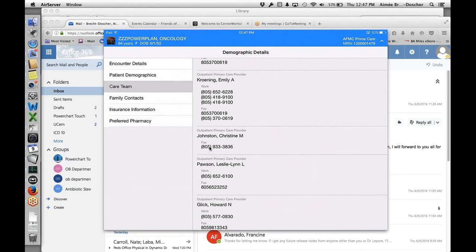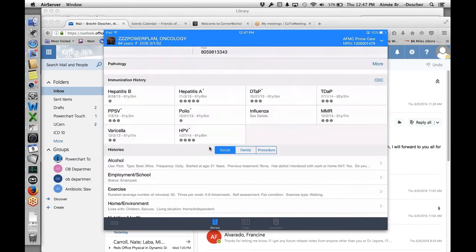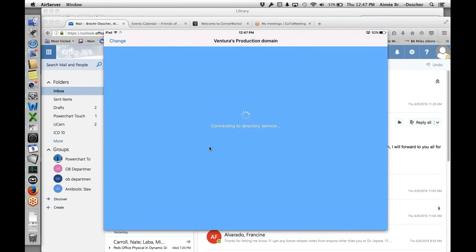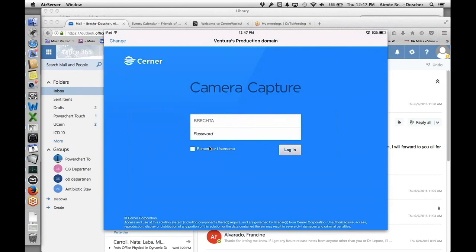Hey, I have a question about the Capture app. Uh-huh. Sorry, since we're on the topic of photos, I've learned how to use it for the patient's own photo. Uh-huh. But my question is, I'm wondering if there's a way